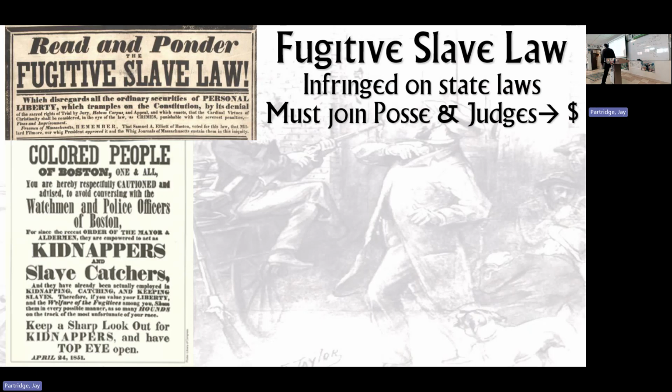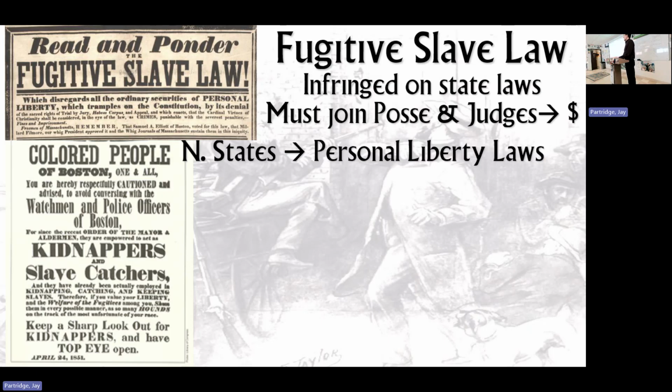So this infuriated the North. Infuriated them. And northern states, especially Pennsylvania on north, but all of them would pass this. Even states that were hostile to fugitives, like here, didn't like this infringement on state laws. They passed laws we kind of uniformly dub personal liberty laws, basically to try to stop or slow down the Fugitive Slave Act.